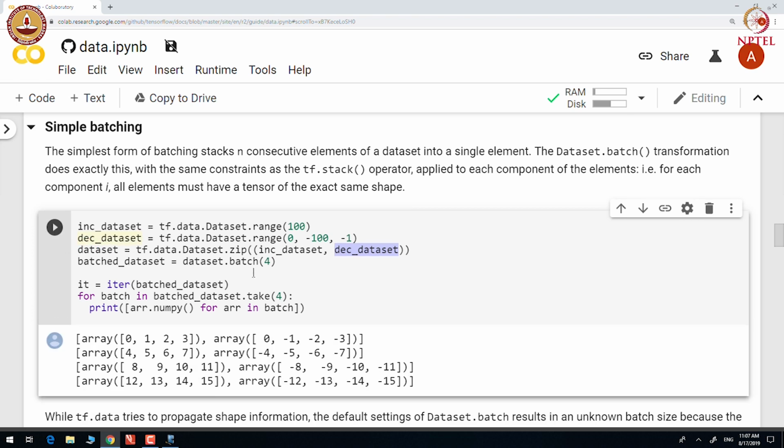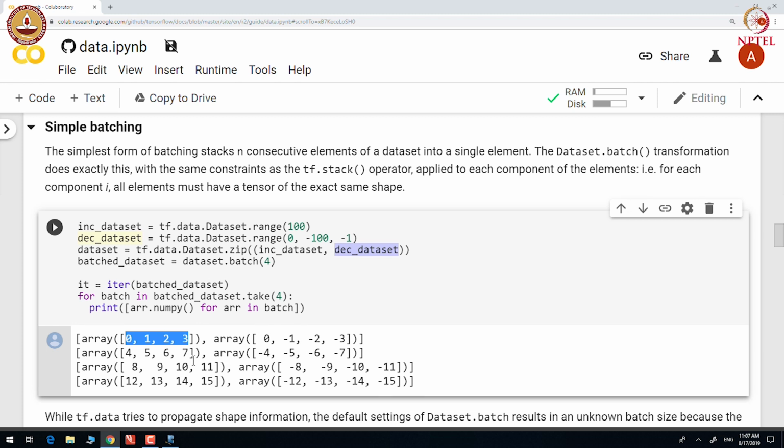So, you can see that since we have constructed batches of 4, from the INC data set we get 0, 1, 2 and 3 as the first batch of 4. From the DEC underscore data set, the first batch of 4 has 0, minus 1, minus 2, minus 3.